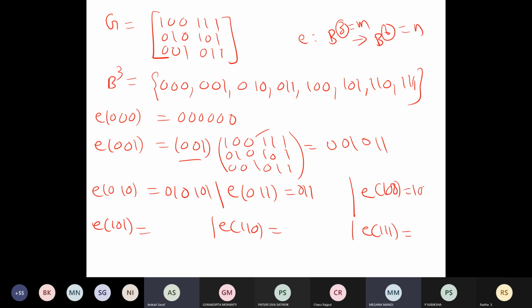Then 011, 011 it is 110. For 100 it is 111. For 101 it is 100. 110, 010. 111, 001.